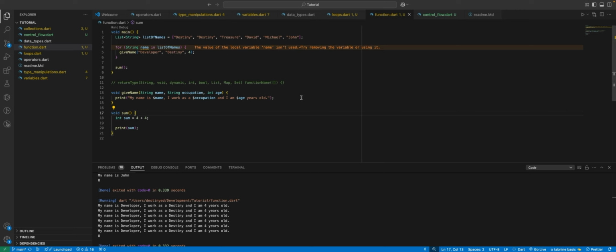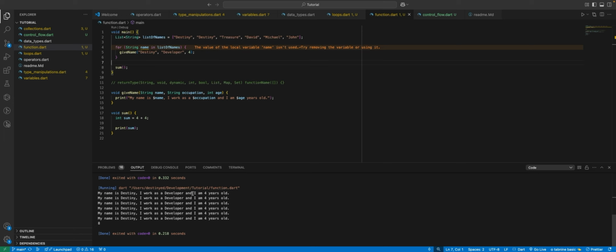It's not correct. Okay. So that's one disadvantage of using positional parameters, except we change this guy now to correspond like this. That's when we are going to get the accurate value. So if I run it now, it's going to give us the correct value. My name is Destiny. I work as a developer and I am 4 years old, just depending on the age,